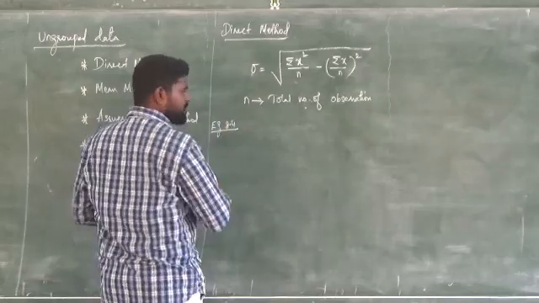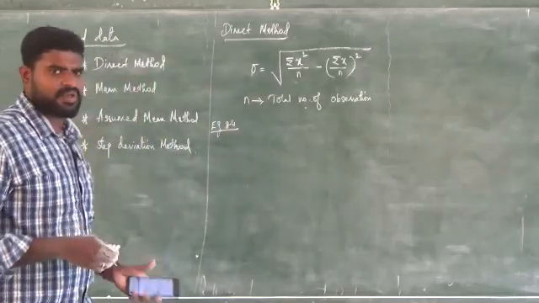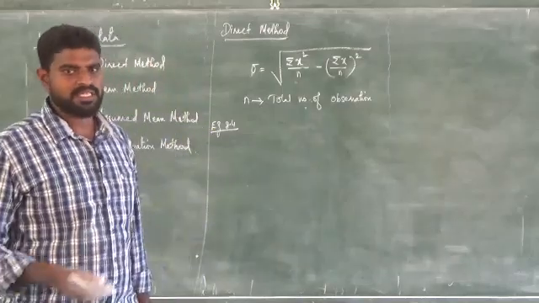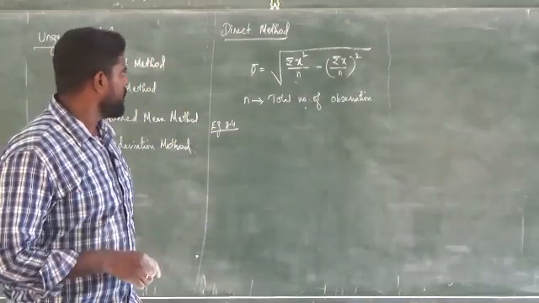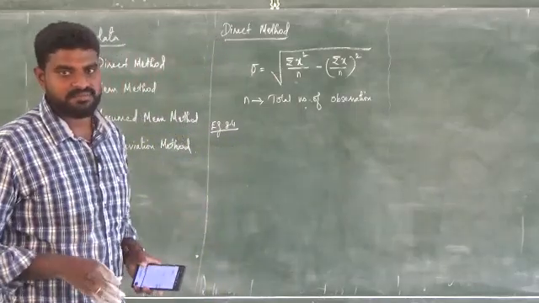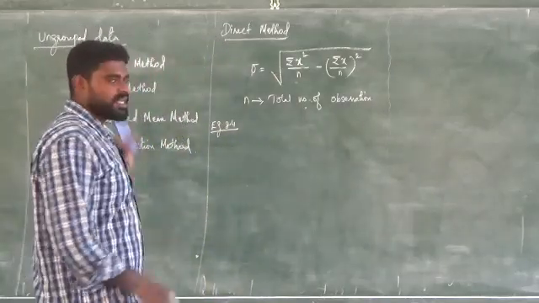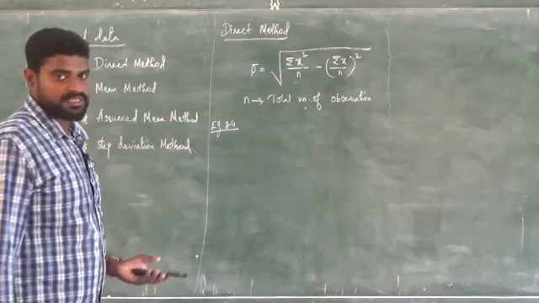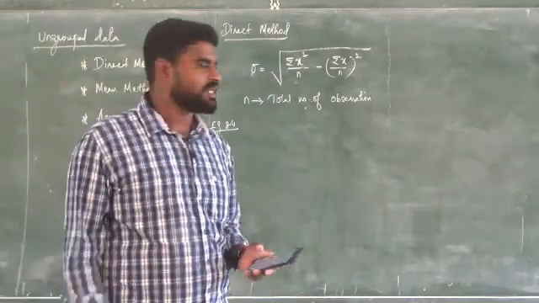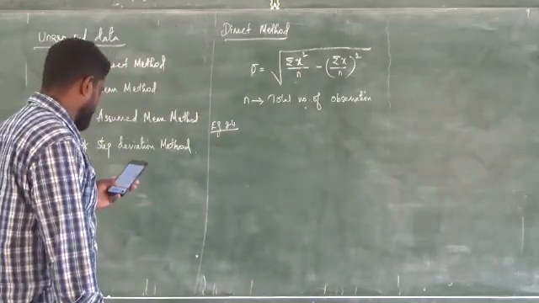Example 8.4. We can use any method from these four methods. You can use any method to find the standard deviation. Sometimes they may mention the method, and at that time we need to use the same method. Otherwise we can use any of these four methods. So first we will see all the methods, and you can use whichever is easy for you. First one, direct method.